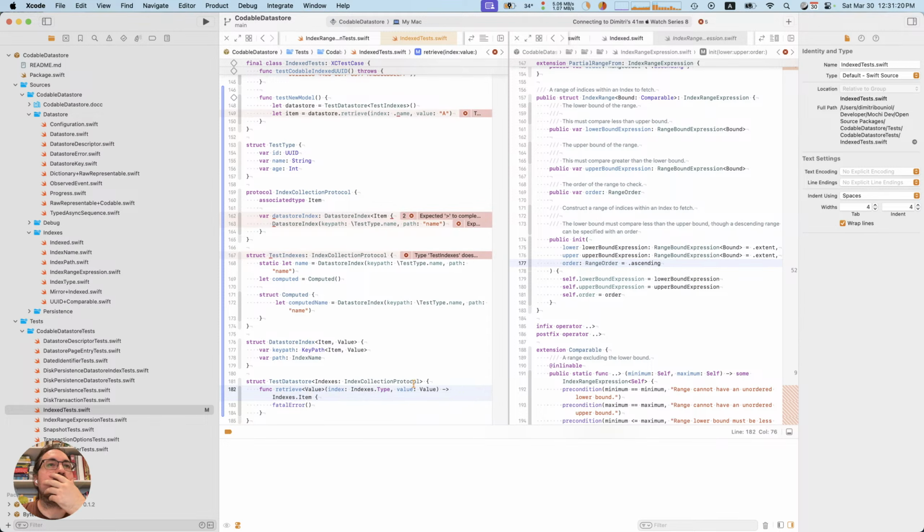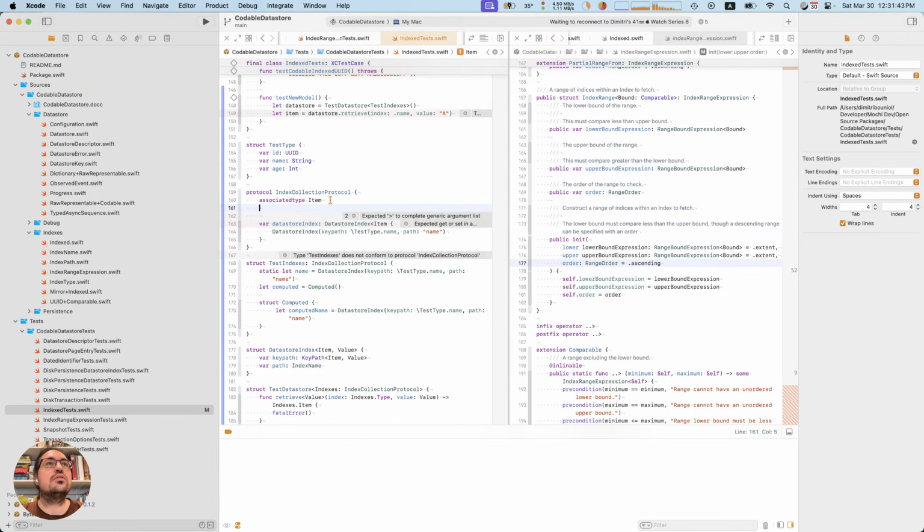Okay, it's a bit simpler, but this value needs to come from the specific one that's passed in here. Okay, the specific one. So I guess it can have a value, right? Because we have a bunch of static properties.